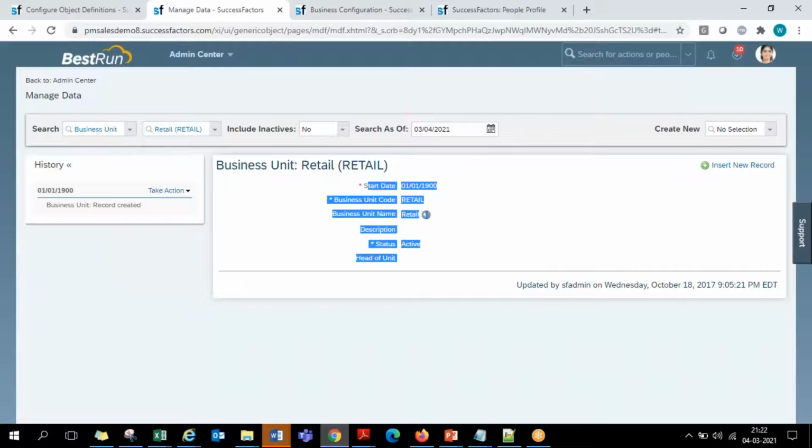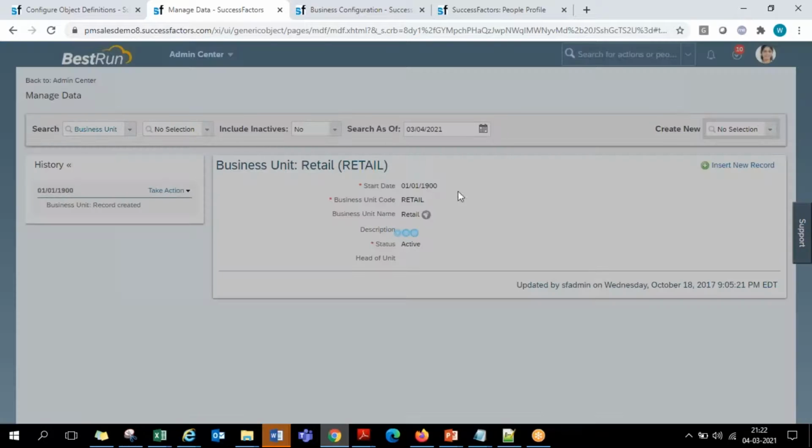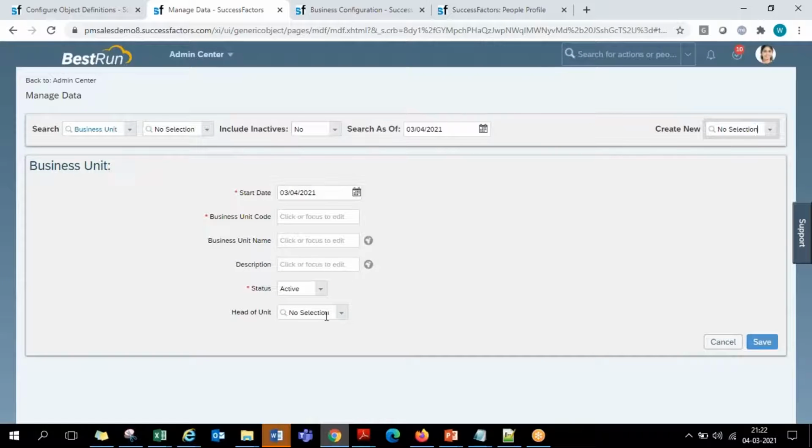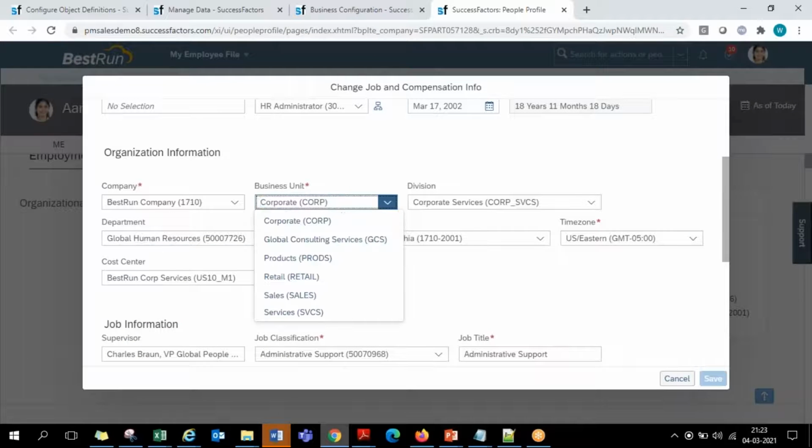So if there are 10 business units or 5 business units, whatever number, one by one, here on the right hand side of the screen, I go for business unit creation, create new business unit, and I'll fill all these screen fields. So one by one, either 10 or 15 or 20, whatever, I can create all those business units. Creating all these values, at the end of the day, on the employee record level, all that comes up as drop downs. All that list of business units is coming as a drop down in the employee record level. That is fine. Okay, it is independent.